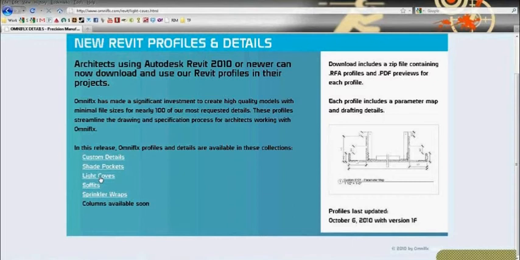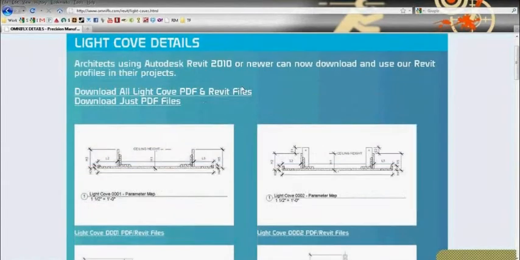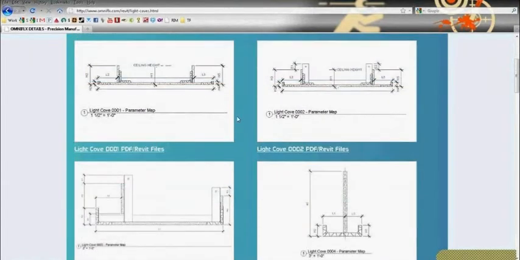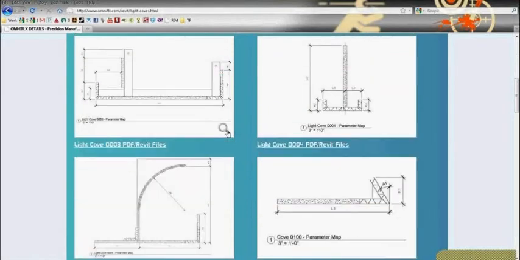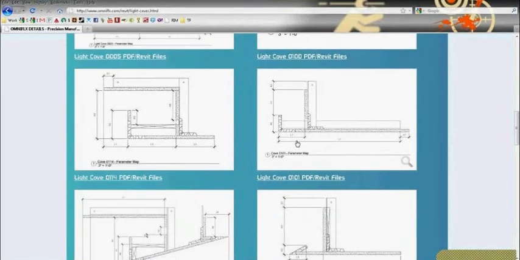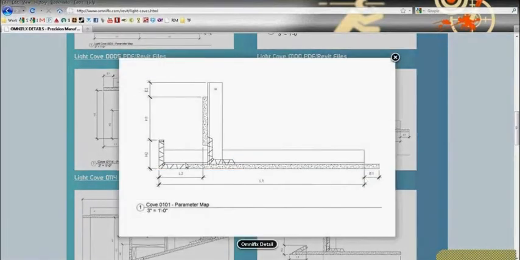Let's start by looking at some of the light coves. Once I go to this area, it starts by giving me thumbnails of each particular detail and gives examples of the parameters that can be adjusted inside of Revit. So let's say I find this one here. I can expand it and take a look and see that this is the particular light cove that I would like. I can also see that it has several parameter adjustments, L1, L2, H1, and H2, and some extension adjustments